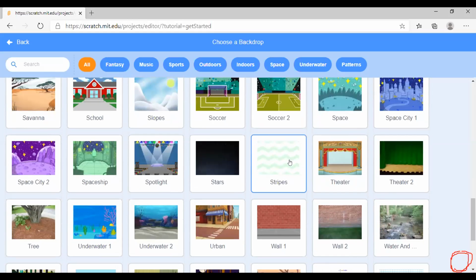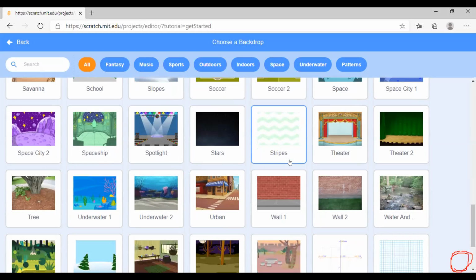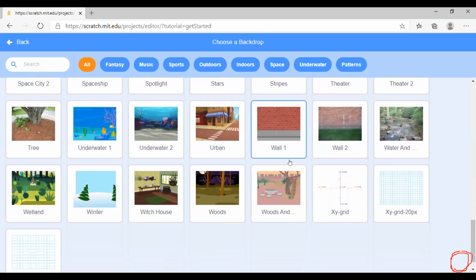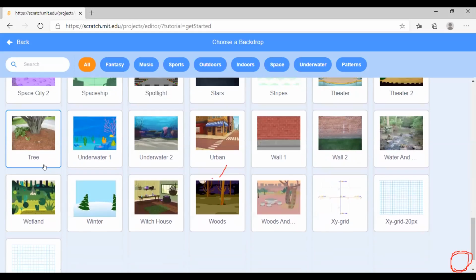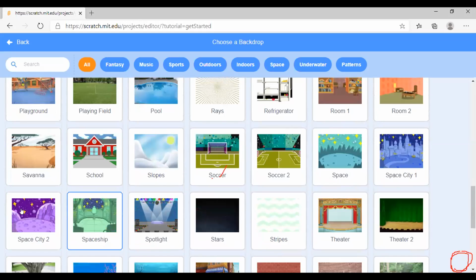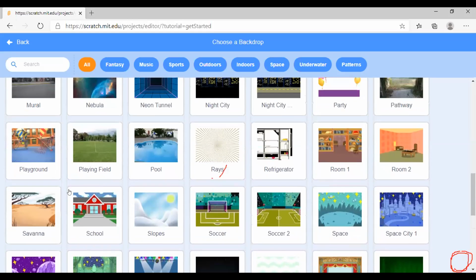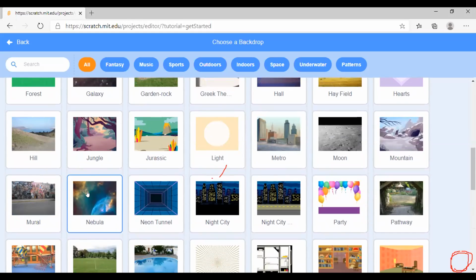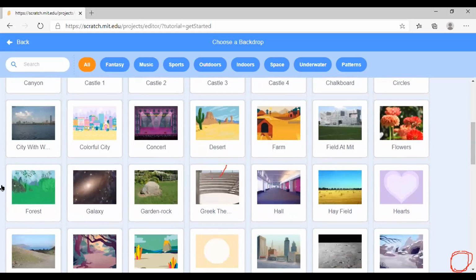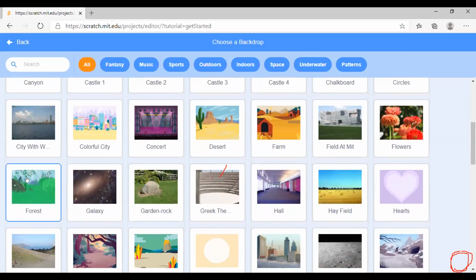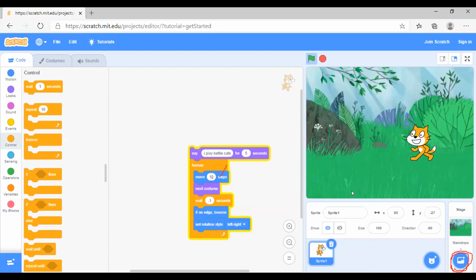Oh, okay, jungle. Yes. Outdoor. Or you can select these woods as such. Let's select the woods. So can we do whatever we want? Which one do you like to have? Nebula, he's just swimming through space. But cat on space may not look good, right? So we have to show cat is in a forest. Okay. There's a jungle. See, there's a jungle. Oh, okay. So it's in a forest. Click on that. Okay, so everyone has done this?